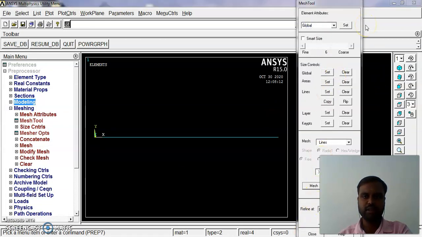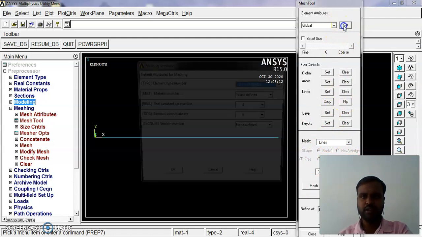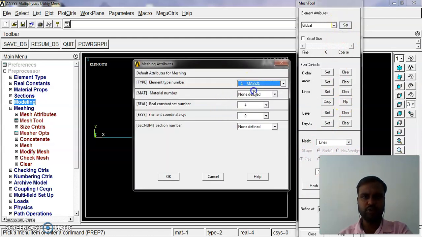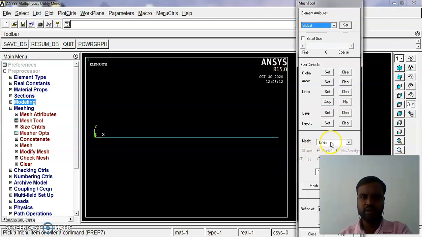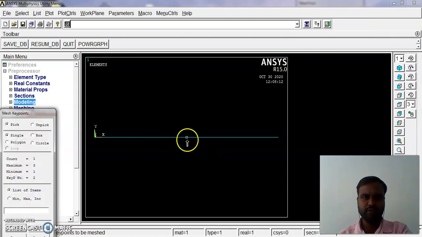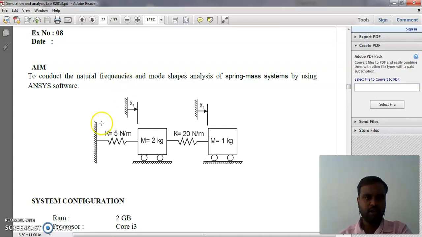Next I want to mesh the key points, the mass. I have taken a set. You can go for mass. The first mass I am going to mesh. You can select key points here because the mass is created in the form of key points. Mesh tool. Select the second key point, because the first one will be arrested.